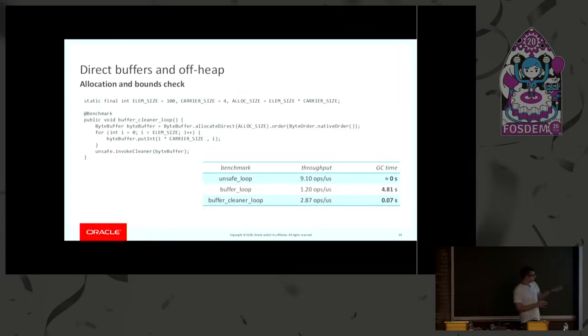With the third benchmark, so this new version, things get a little bit more under control and the GC time goes back to 0. But still, the performance is not quite as good as it could be. And the biggest problem here is that ByteBuffer allocateDirect. That first invocation is quite heavy because the ByteBuffer has to be registered with a cleaner, even if we are not using the cleaner anyway. And also there is quite a complex state in order to track how much off-heap memory we are using. There is a limit, so there are a couple of atomic instructions in order to check whether we are allocating too much. And so this is quite expensive, and it shows up in this particular allocation-intensive benchmark.